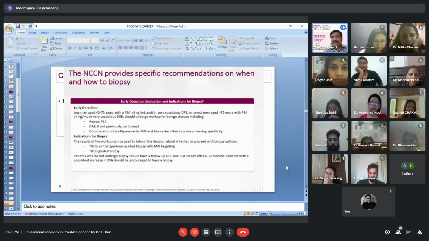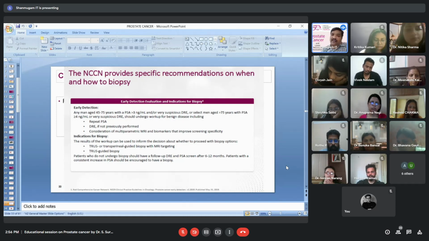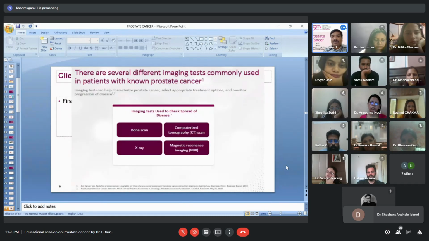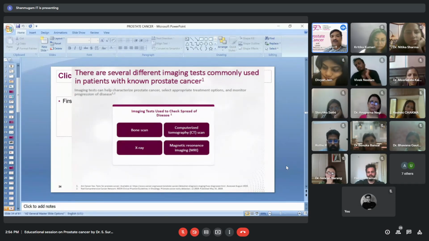So we need to repeat PSA at least once in 6 months, and do a multiparametric MRI. MRI has come a long way in showing the extent of the disease, and from imaging itself they will be able to say whether it is a benign or a malignant lesion. If any of this is very suspicious, then we need to undergo a biopsy. Once biopsy is confirmed, we can do a bone scan, CT scan, MRI, or X-ray, but of late it has been completely replaced with